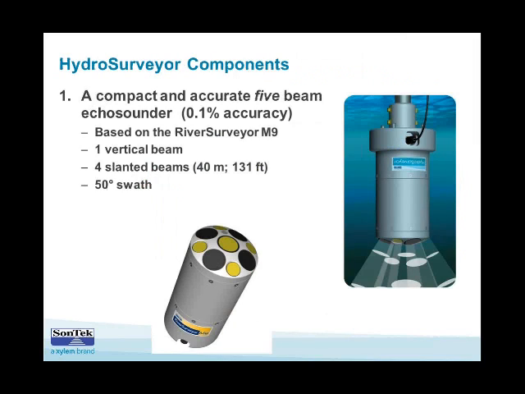The cast can be brought in and then data corrected right in the HydroSurveyor software. Breaking it down a little further, the M9 acts as a 5-beam echosounder. There are 9 beams in the M9: one vertical beam, which is 500 kilohertz, and then 4 300 kilohertz profiling beams and 4 1,000 kilohertz profiling beams. At any one time, the M9 is using 5 beams. It's using the vertical beam and either 4,